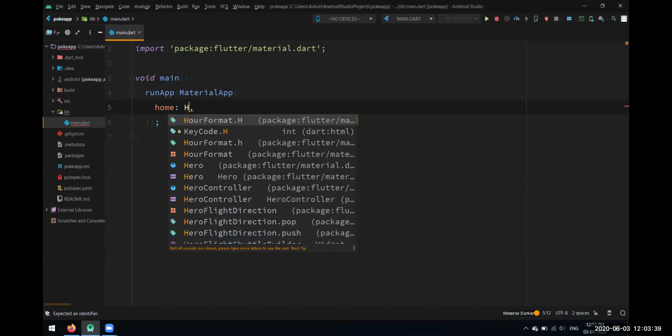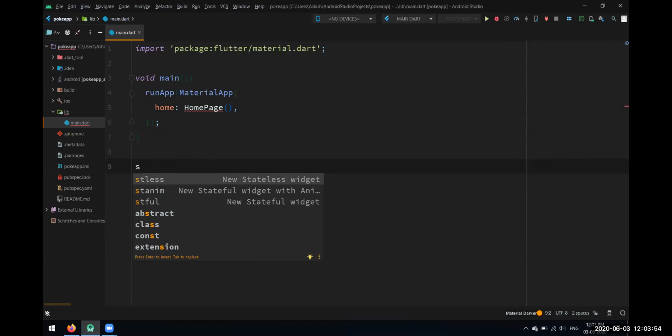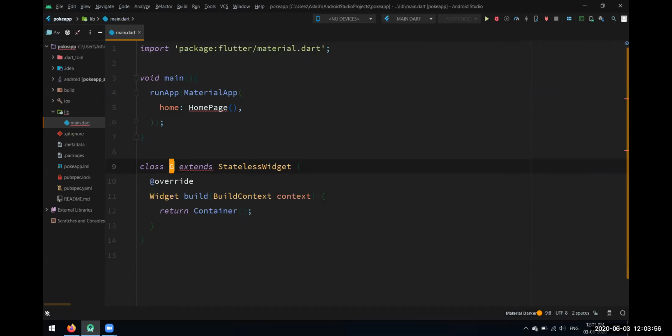Let's name that page HomePage, simply HomePage. Let's create this HomePage class. First, let's just keep it a stateless widget for now.